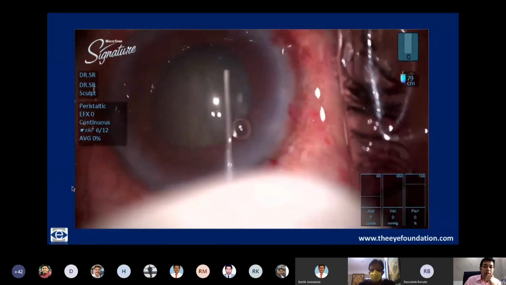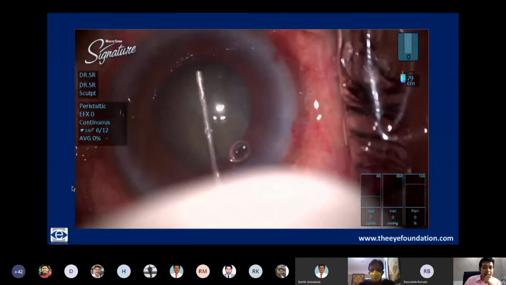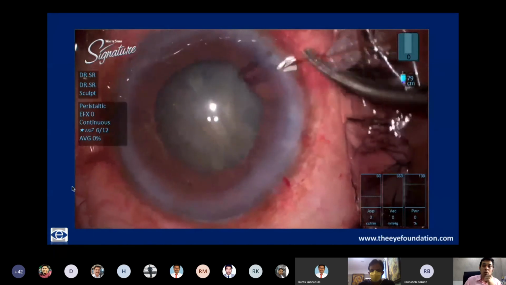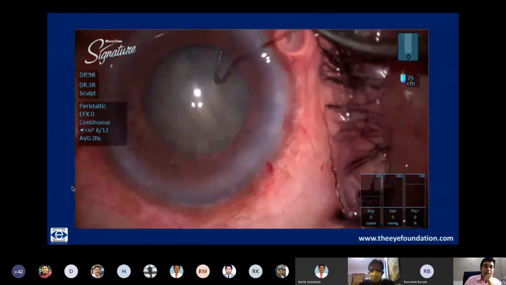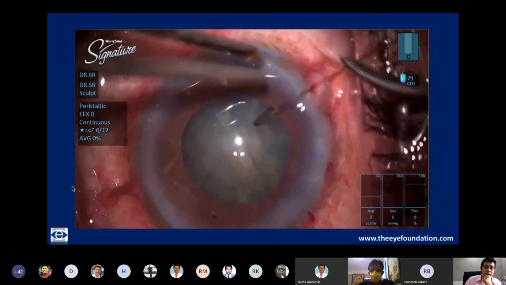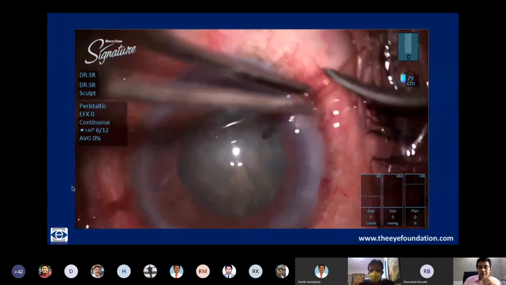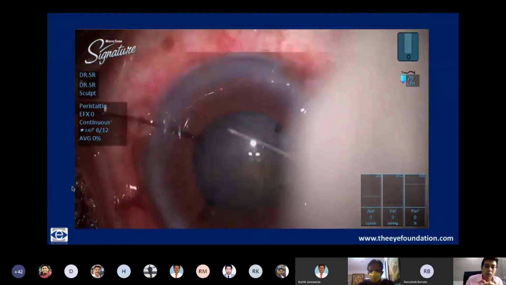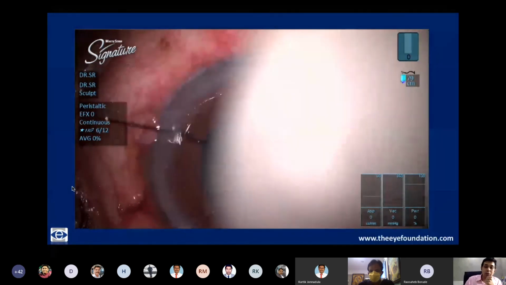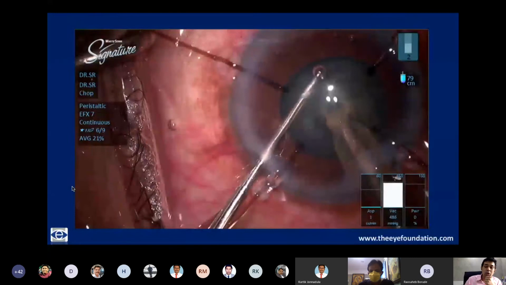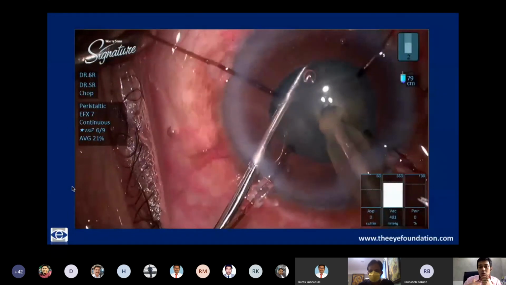Before I proceed with the surgery further, I have to do adequate hydro, but I will not do any rotation, because the rotation of the nucleus can cause weakening of the zonules. Now it is at this stage that you insert your capsule hooks, because you have to understand that this is not a focal zonulopathy like you have in traumatic cataracts, but a diffuse zonulopathy. So in these diffuse zonulopathies with PXF, as you go on with the cataract surgery, the zonules tend to become weaker and progressively weaker with your manipulation.